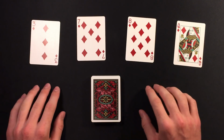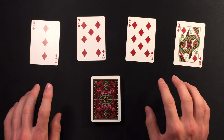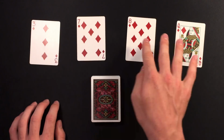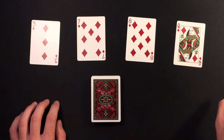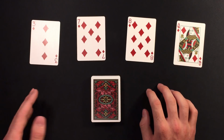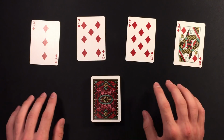And guys, I do understand this does make it a little bit harder to perform this trick with a borrowed deck, but there still is a way, and I'm going to explain how you do that right now really quickly. And also, guys, I'm going to talk about why you remove these 4 cards later in this tutorial. But now, if you are using a borrowed deck for this trick, you just ask your spectator, okay, can I see the deck? I'm going to do a really cool card trick, but before I start, I'm going to need to remove some cards,